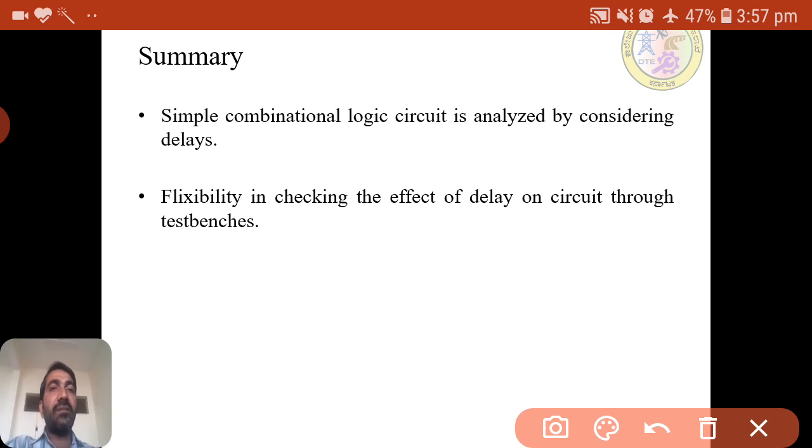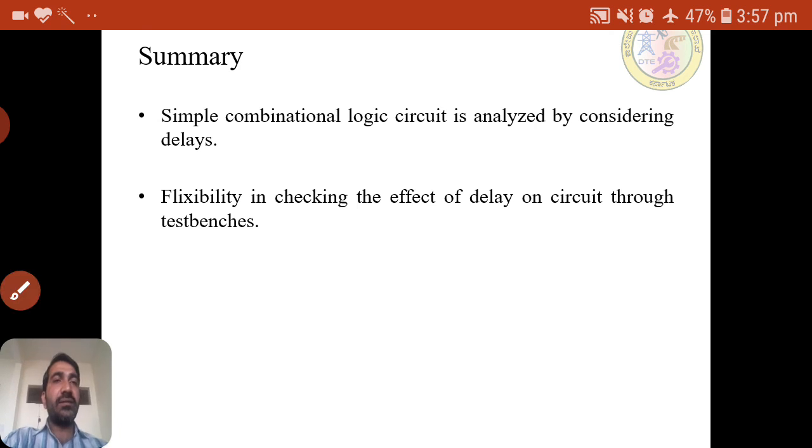Again, that flexibility means in the code we can specify any value and check in the simulation. So this is what that session is. Sessions 5 and 6 will consider the gate delays, how to specify the gate delays, what the delays are and the effect of that.